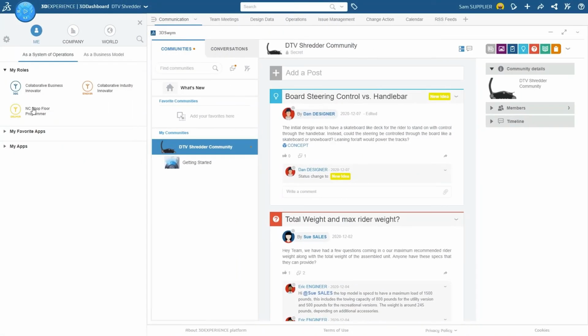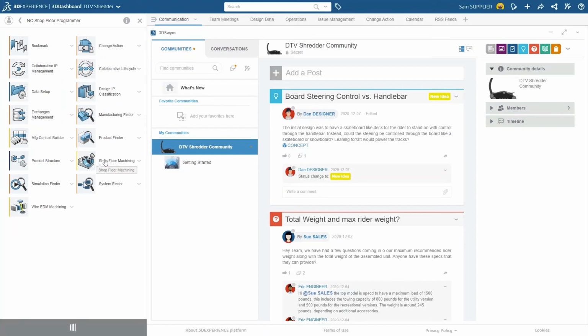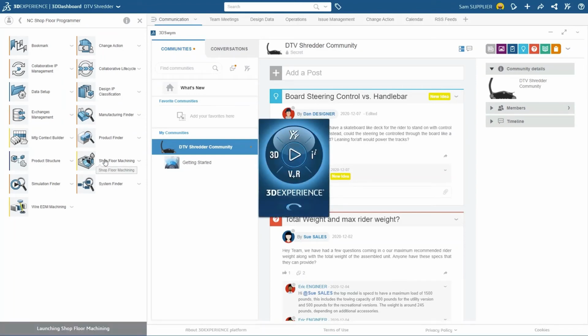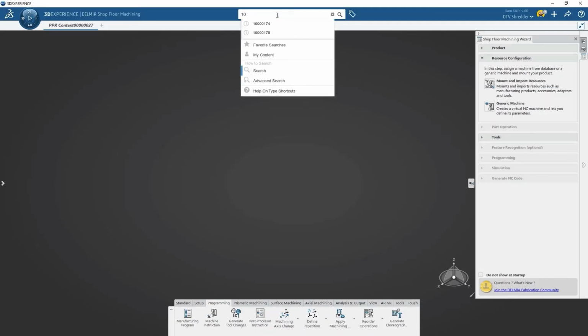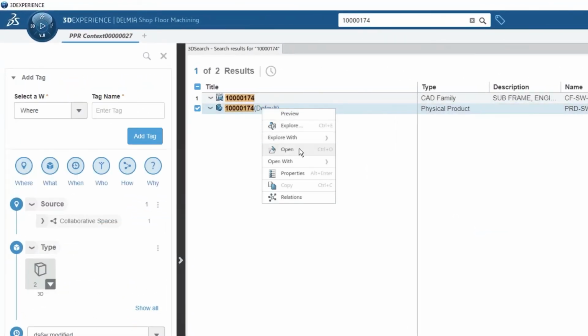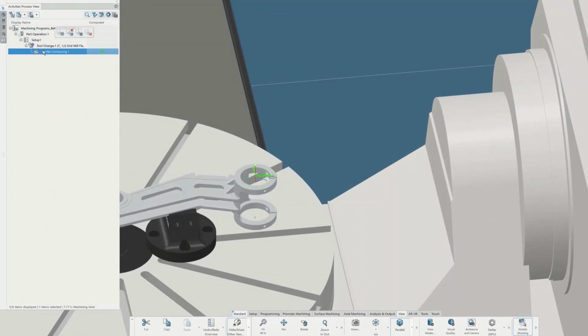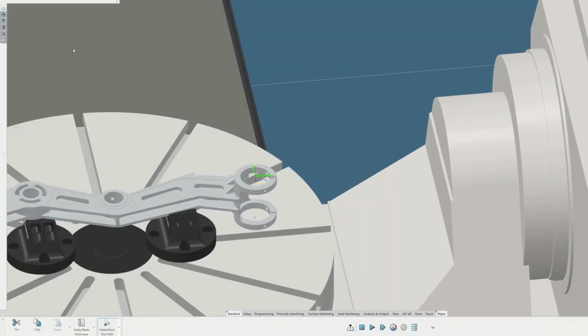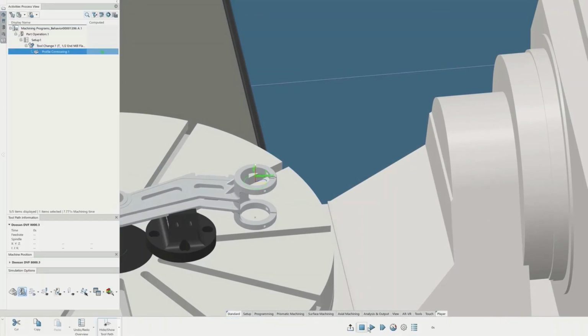Once the job is running, Sam has constant visibility through the 3DEXPERIENCE platform. He knows that having all of his data in one place helps his team communicate any changes that may come up. Find out how Delmia's Shop Floor Programmer empowers users to program any machine in their shop quickly, easily, and